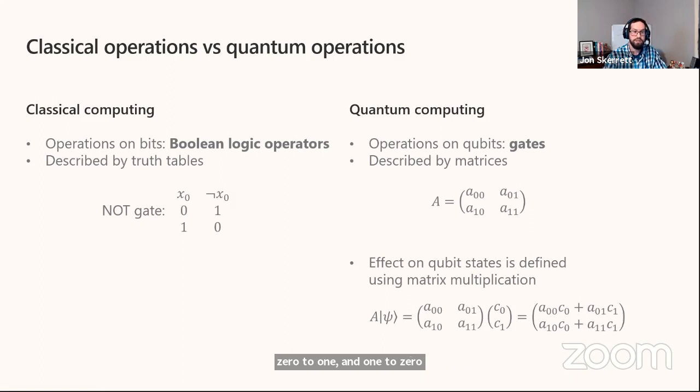In quantum computing, we use vectors. And the best way to modify the state of a vector is to multiply it by a matrix. And this is what quantum computing does. So since single qubit states are vectors of length 2, our matrices that represent single qubit gates are defined as 2 by 2 matrices. And the effect on the qubit state is defined using matrix multiplication. On the bottom right of the slide, you can see that we're applying matrix A to state psi. The first thing on the line is the Ket notation, which then corresponds to the multiplication in the center, and then you get the product on the right.